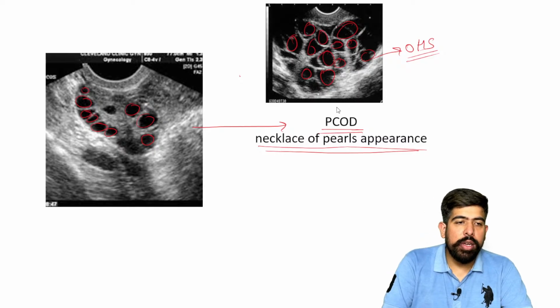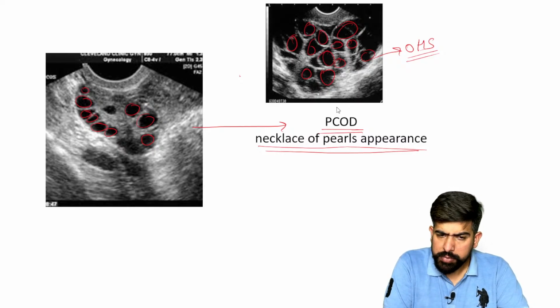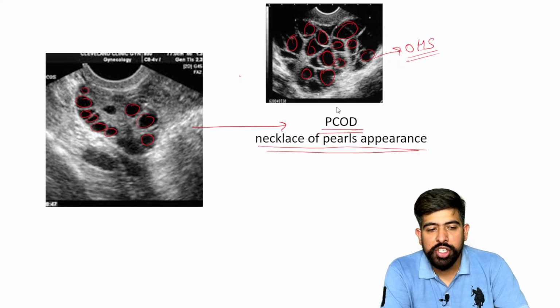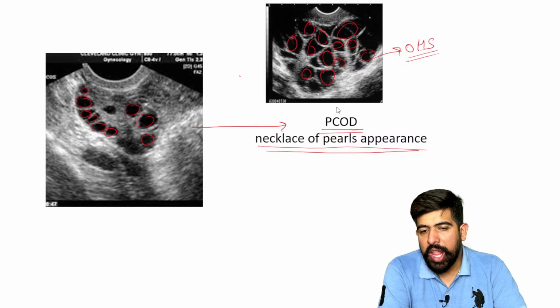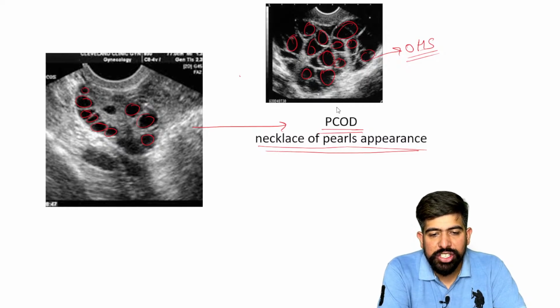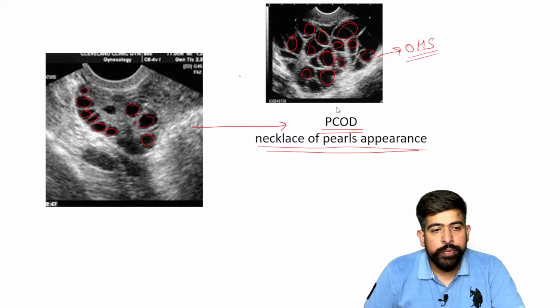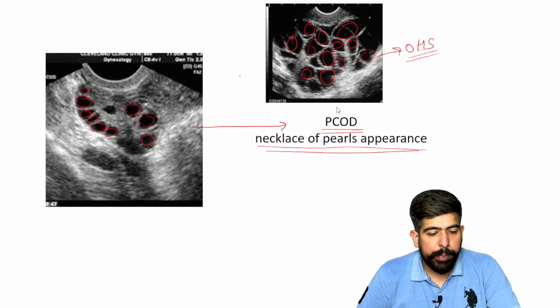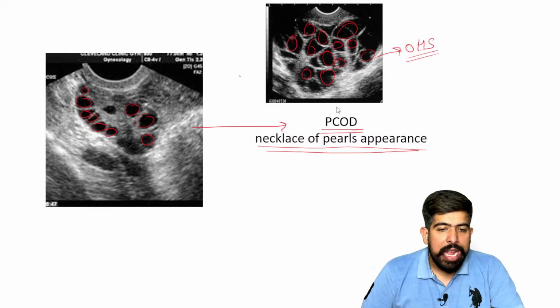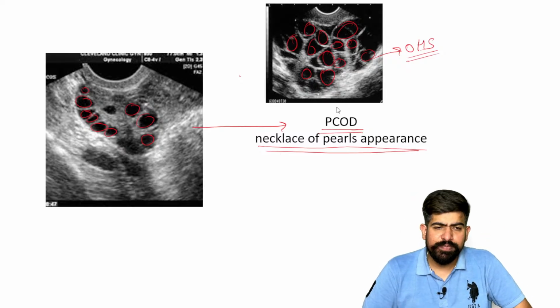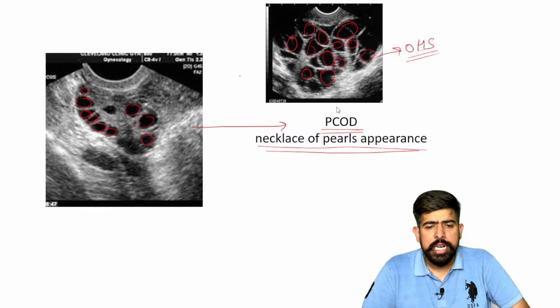And if I talk about ovarian hyperstimulation syndrome, mostly we see this ovarian hyperstimulation in the treatment of infertility. In the treatment of infertility, the patient is given hormones, and due to this they are stimulating the ovary. In cases of infertility, drugs are given to stimulate the ovary, and that's why there is hyperstimulation. The follicles get very big, so this is what we will see.